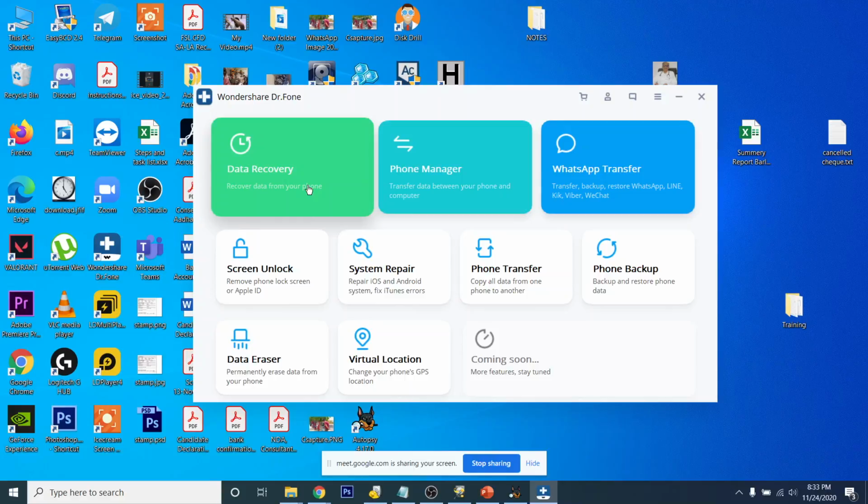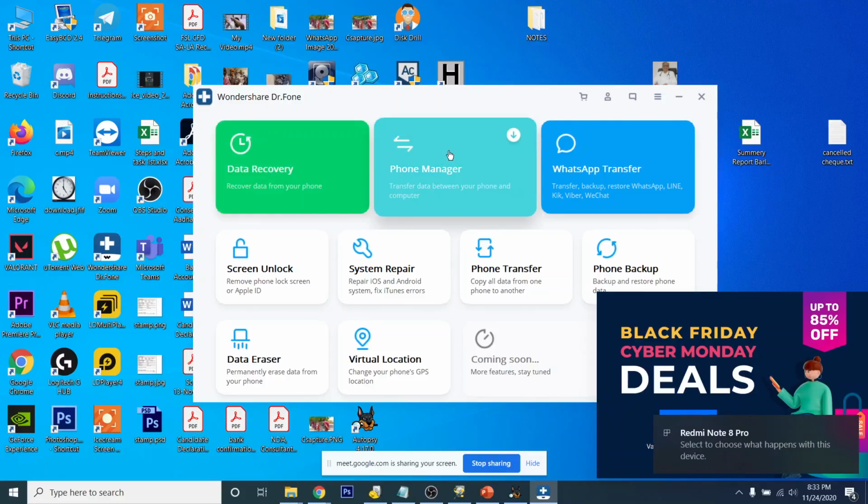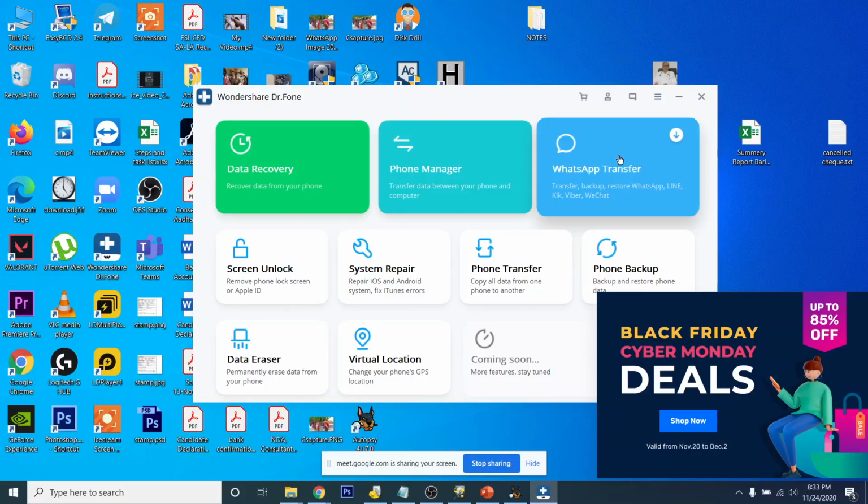So let me connect my mobile phone again with my USB. Okay, nice. So now there is a module for data recovery, phone manager, and WhatsApp transfer. You can see WhatsApp transfer is also available for Wondershare Dr. Phone, but you have to download this module first.